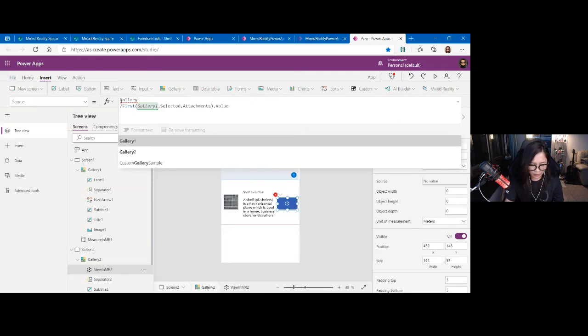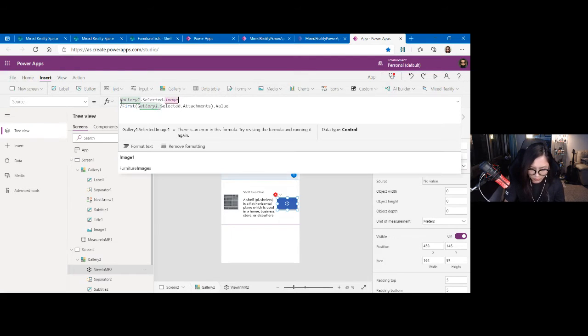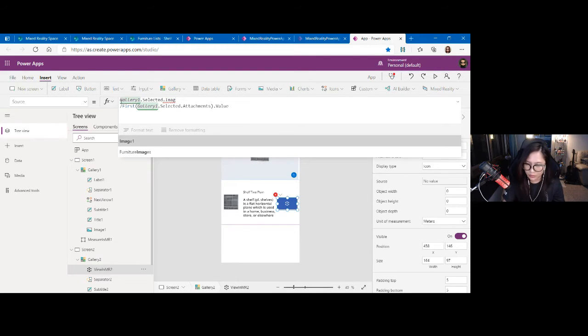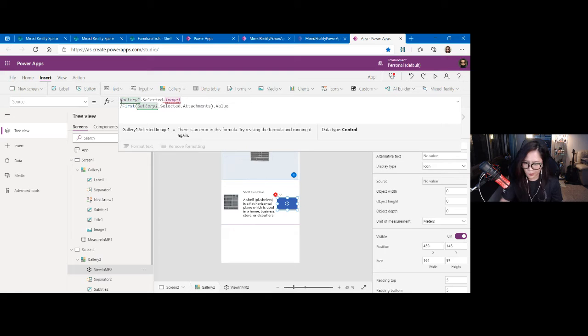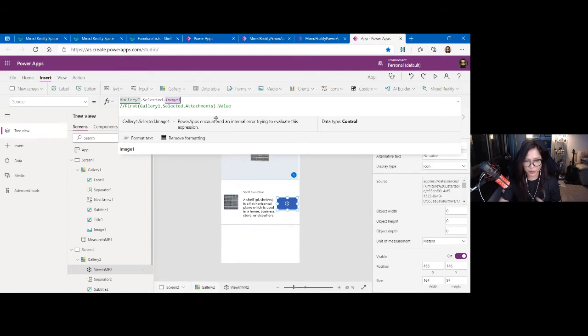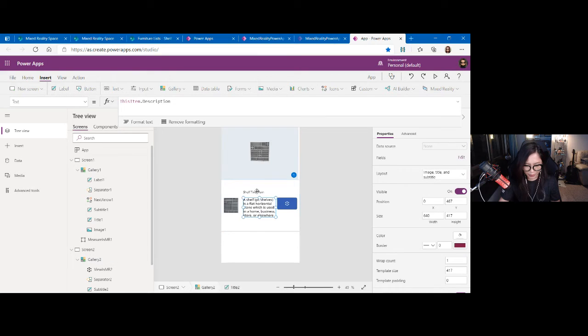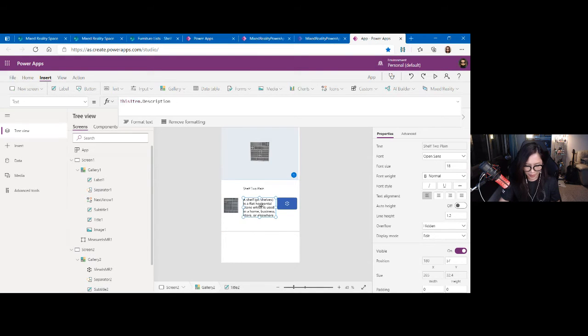Gallery one that's selected, the image one. Okay. So either way, you could use 2D images or 3D objects. It depends on whether you have available 3D objects or images in your item.